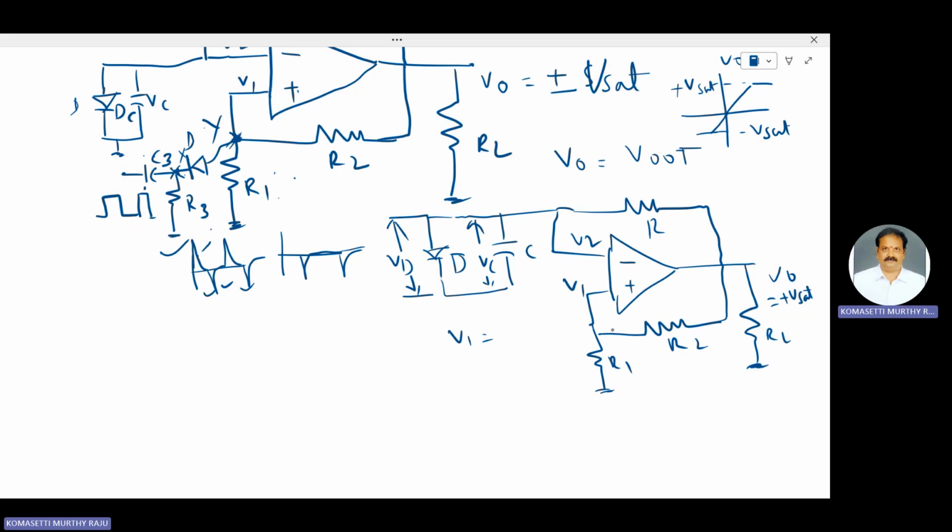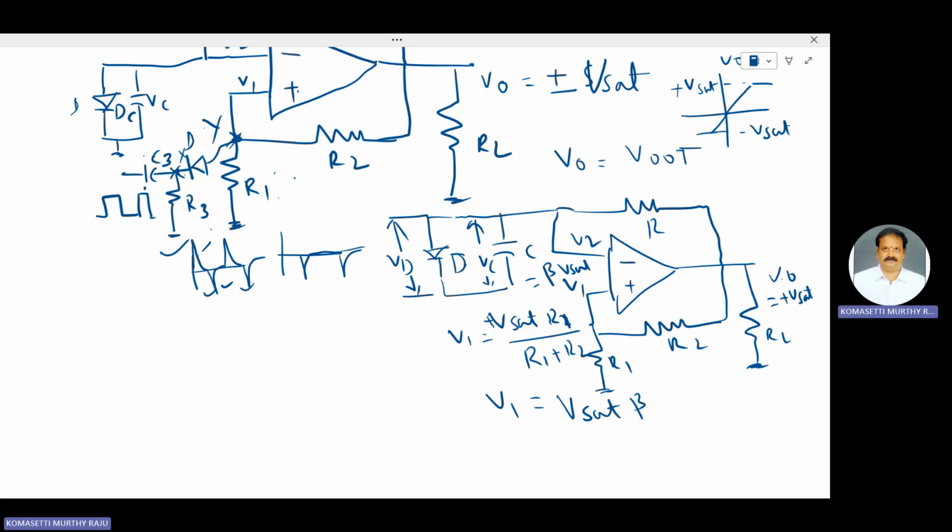V1 is equal to... The output voltage is Vsat. The Vsat voltage is applied to this voltage divider circuit, plus Vsat into R1 by R1 plus R2. Therefore, V1 is equal to Vsat into R1 by R1 plus R2, which is beta. The value here, V1, is beta Vsat. Due to this plus Vsat,